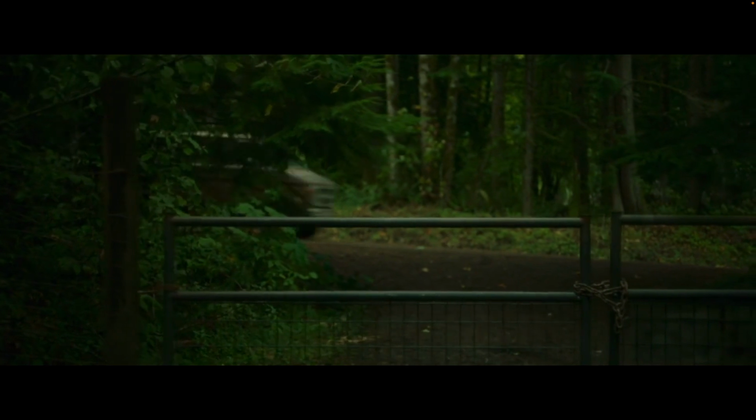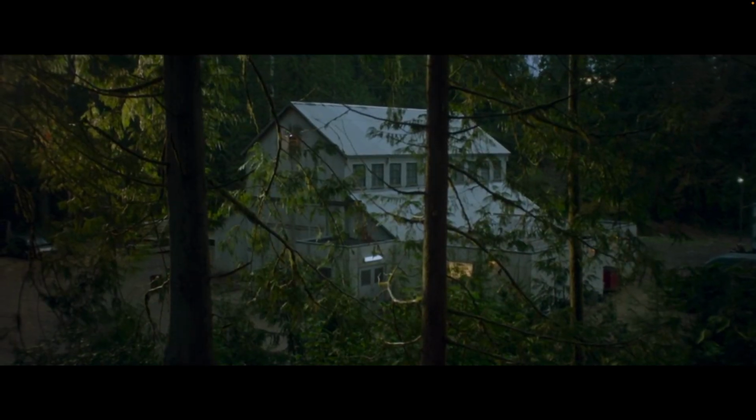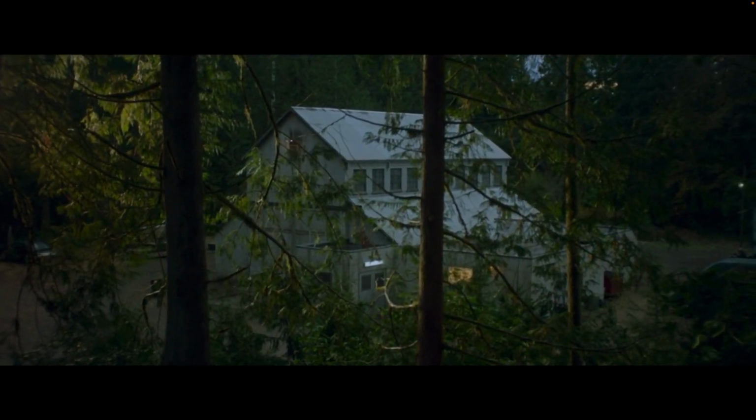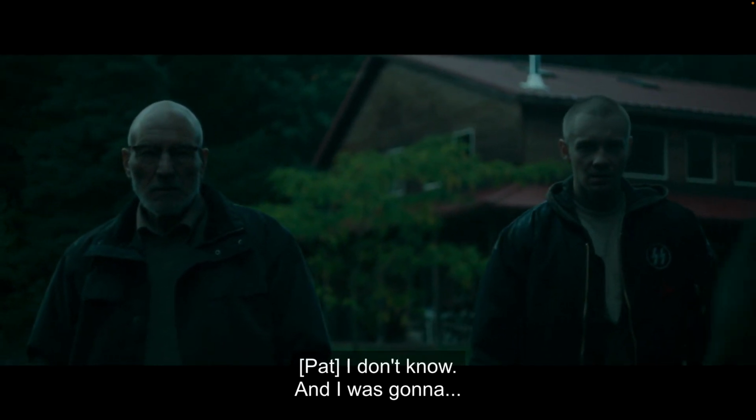This one's going to be tough to find since there's a lot of foresty parts in Oregon, and the van had to drive down a bit to reach the warehouse, which means it might not be too visible from the side of the road or even accessible to the public if I wanted to go and visit it. Here's a nice exterior shot of the building if anyone recognizes it or has a clue of where it's located. There's also another building at the end of the movie that I'm not able to find, so if anybody knows,